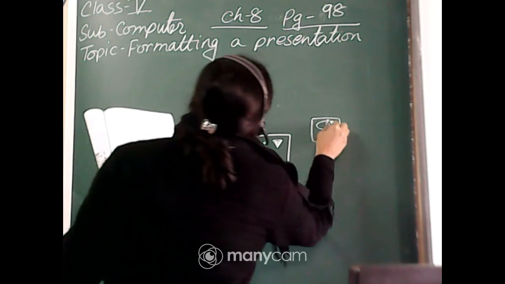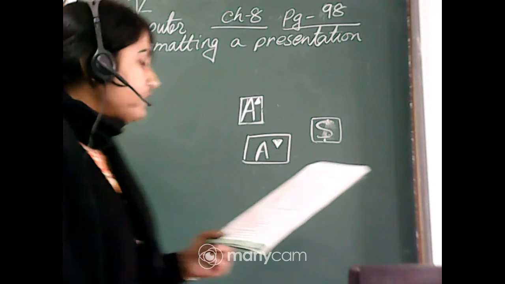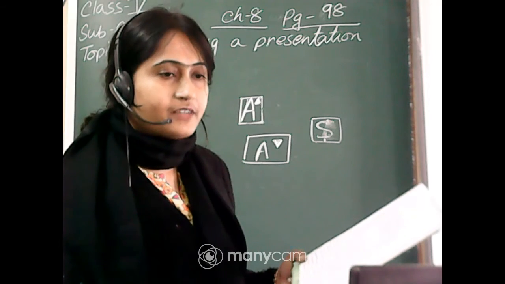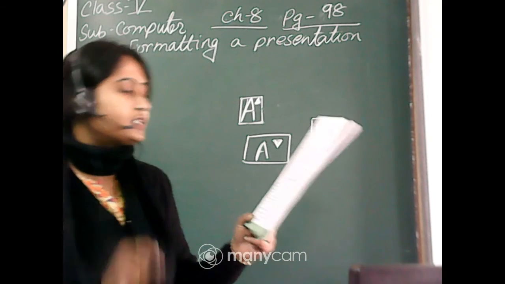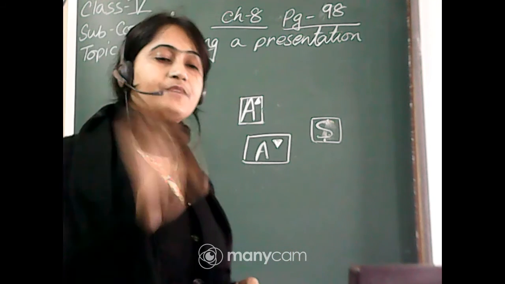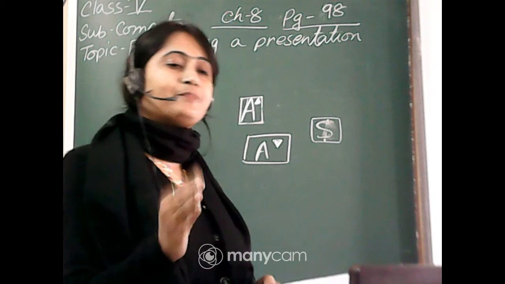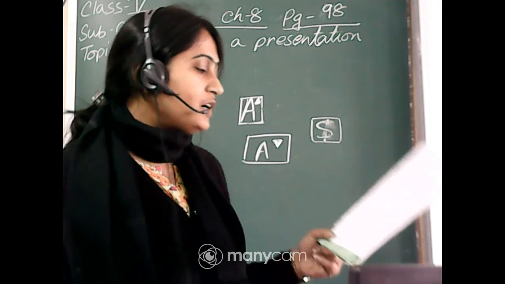It is like a shadow effect, and this one is the text shadow button to give the shadow effect to your text. If you want to apply a shadow effect to your text, you can choose this button. Clicking again will remove the shadow effect. Once you click, you can apply the shadow effect. After applying it, click again to remove the shadow effect.